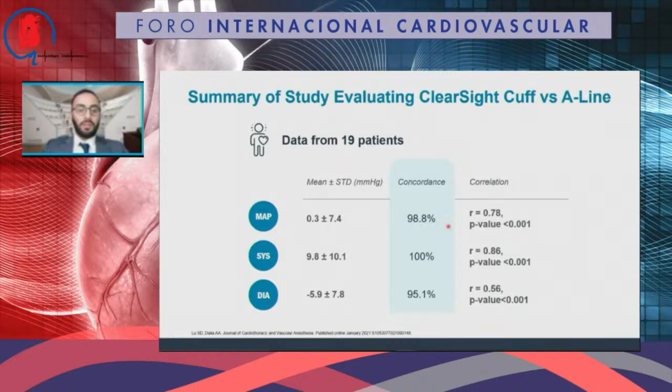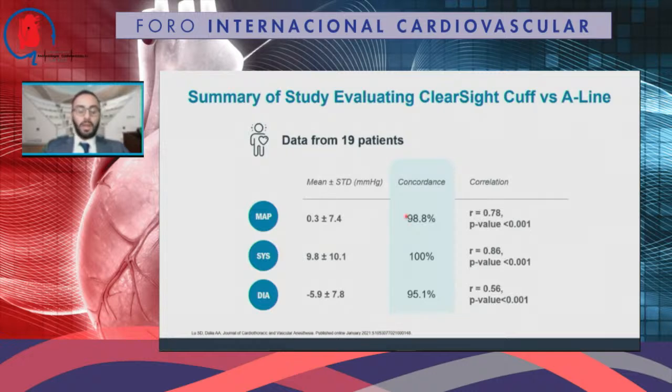As you can see here, our concordance with the MAP was 98.8%. We had a correlation of 0.78, and this had a p-value less than 0.001. Again, as a reminder, this is comparing the non-invasive ClearSight by Edwards versus our invasive standard radial arterial line that we use in cardiac surgery and in TAVRs to assess the patient's blood pressure. And so we were able to find a concordance of 98.8%. And you see here the mean of 0.3, a little bit of a wider standard deviation, but the mean